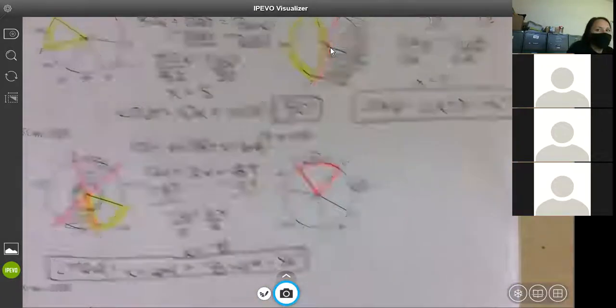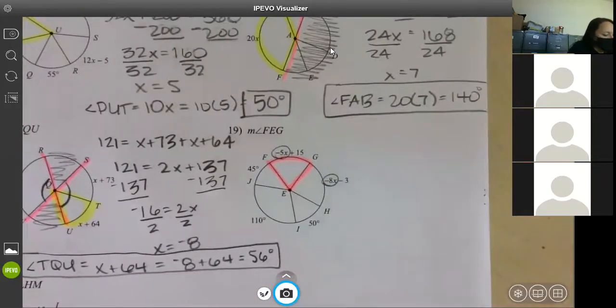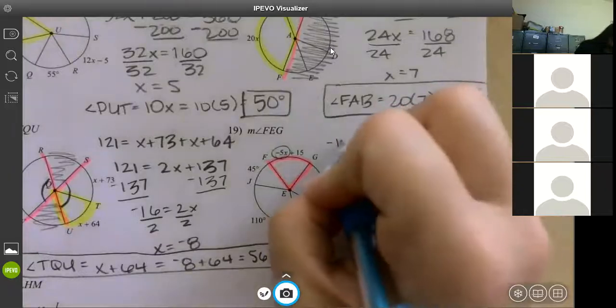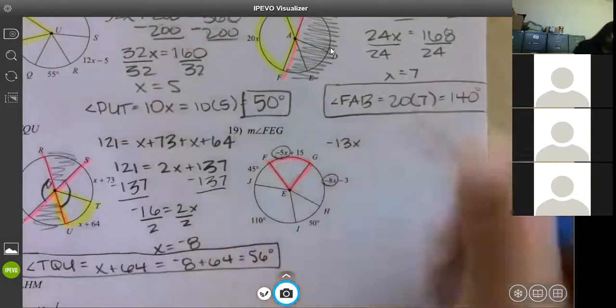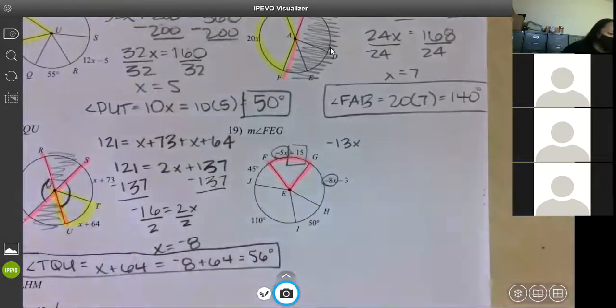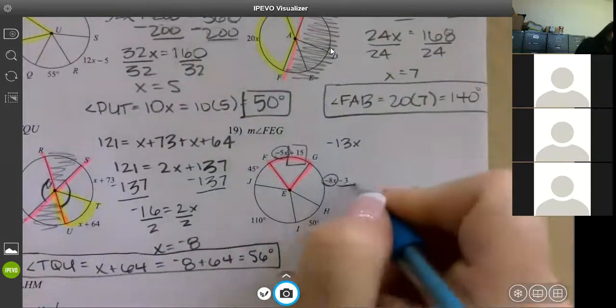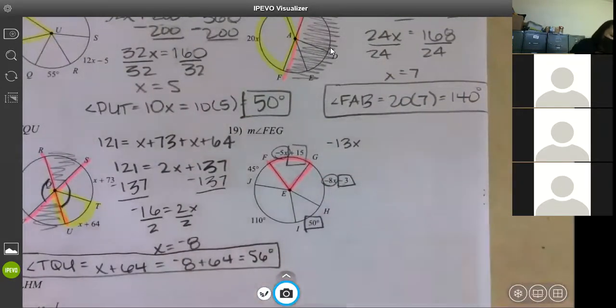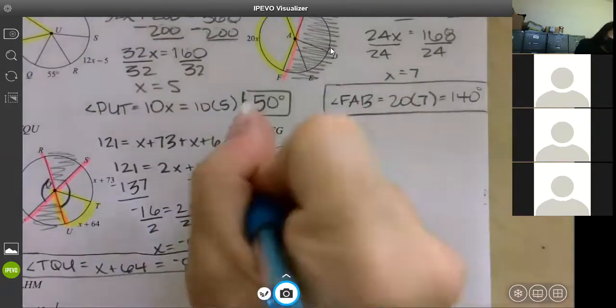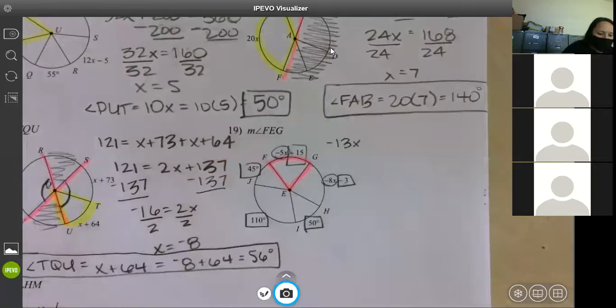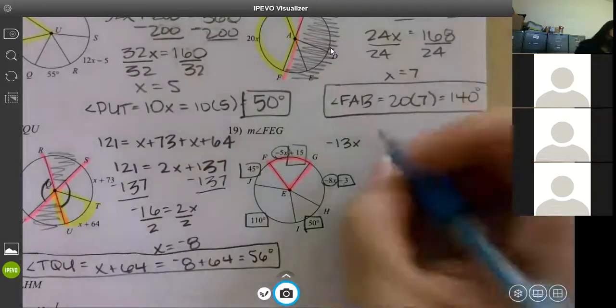How many do I have? Negative 13 X's. And then I have 15 down here minus 3 plus 50 plus 110 plus 45 gives me,